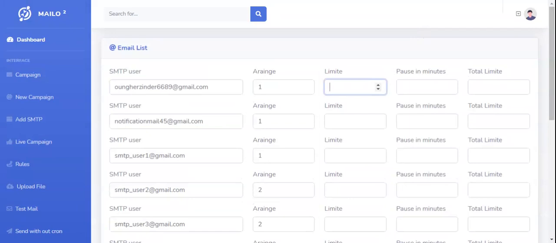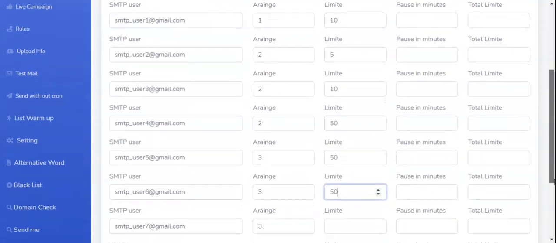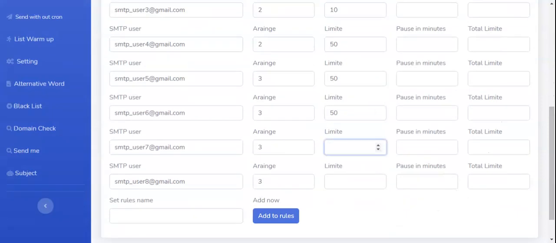That means if you want to send 20 mails from this mail ID, 30 mails from another, or 10 mails from another, each time the AI takes this email ID as an SMTP, it shoots 20 mails at a time. You can set any number of mails for each mail ID as per your requirement.